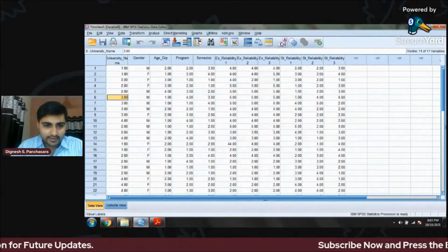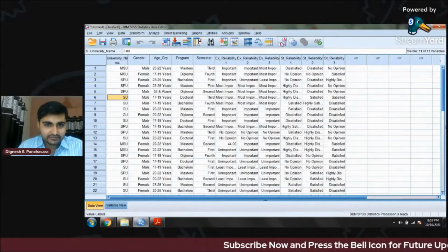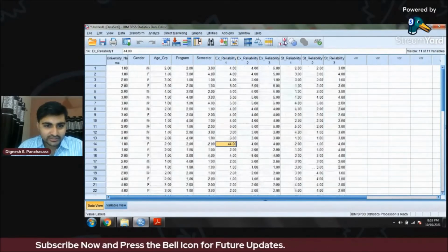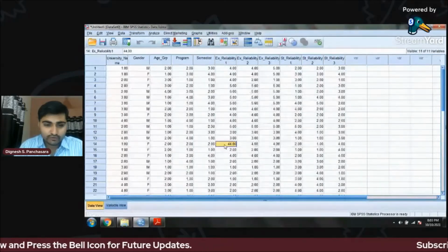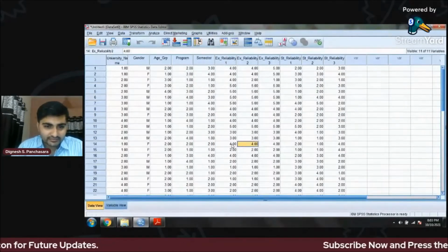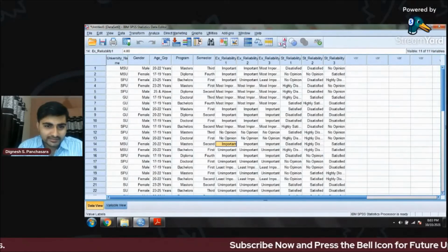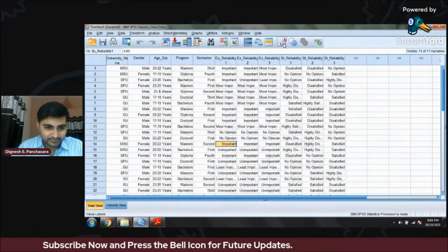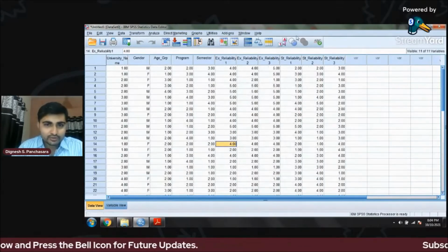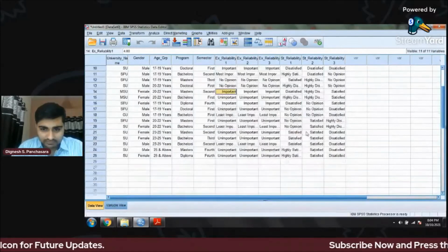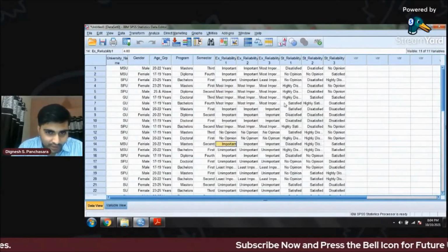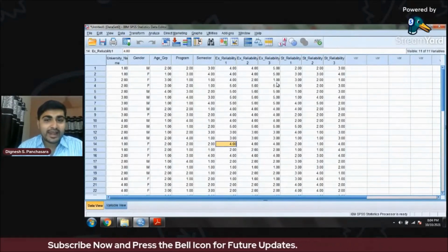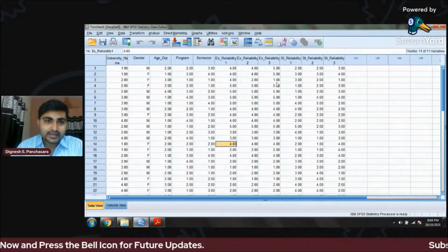See, I can see the change in the variable data except only one. This is 44, and it is not changing, because this is 4, not 44. So if I change it to 4, now this is important, 4 is important for expectation. So if you make any mistakes, you can check by this. Any number you get tells you whether the data entry is correct. So this is how we can enter our data in SPSS software.